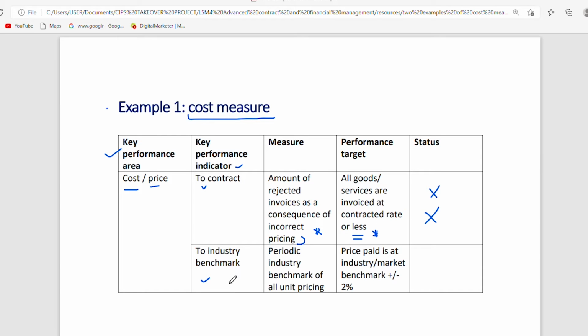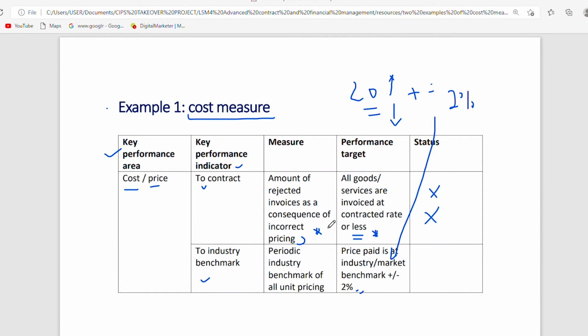Now, in terms of the industry benchmark, there is a periodic industry benchmark of all pricing units. So what has been happening, and what's the target? The price you're willing to pay. So the price paid is at the industry or market benchmark, which should be plus or minus 2%. Let's assume the thing is 20, currently 20. What was it in the past? Does this 20 mean it has gone up in price, or has it gone down? And if it has gone up or down, we are only willing to pay at a plus or minus, say, 2%. That is pretty much the idea here. So that's an example. That is actually the first example when you're talking about cost as a metric to monitor